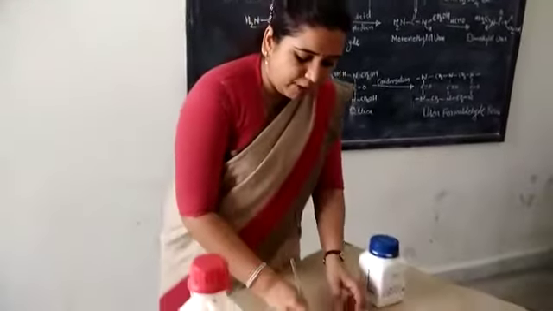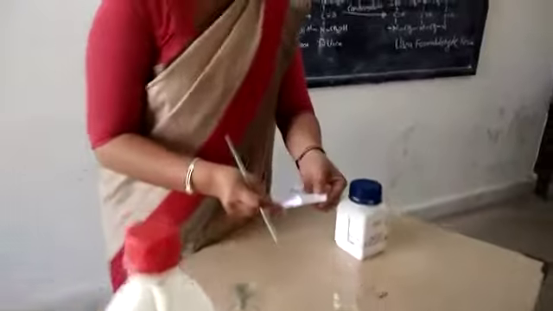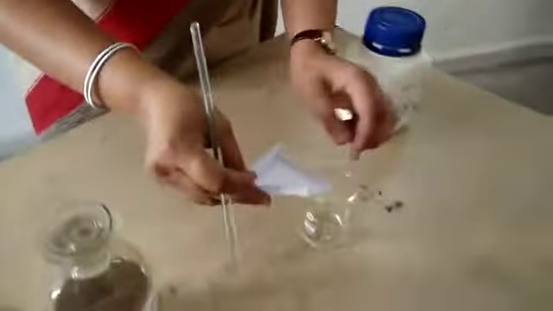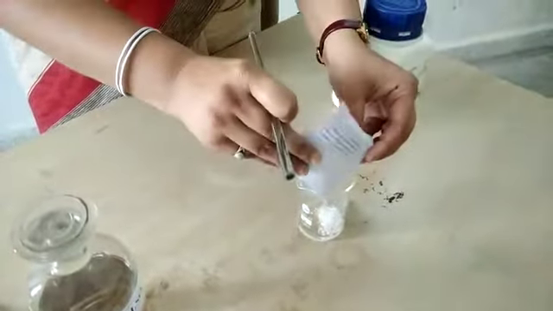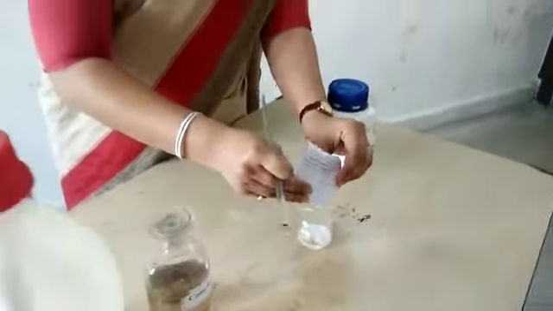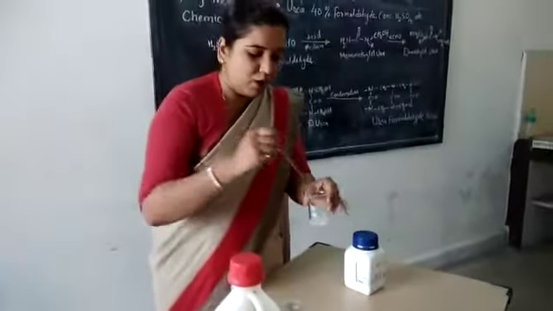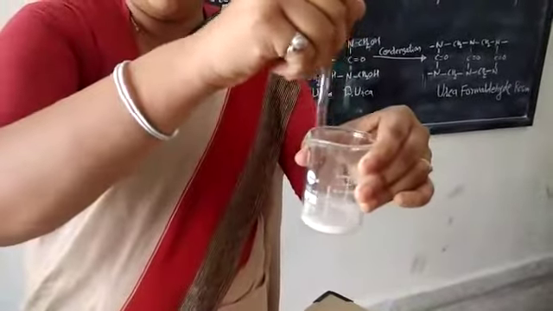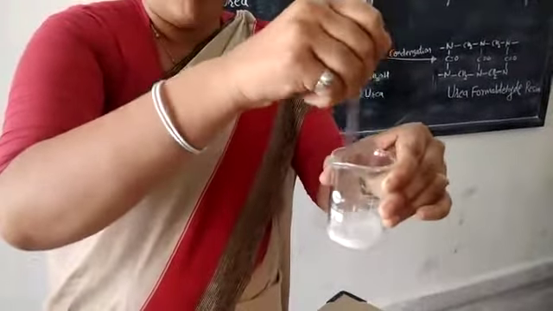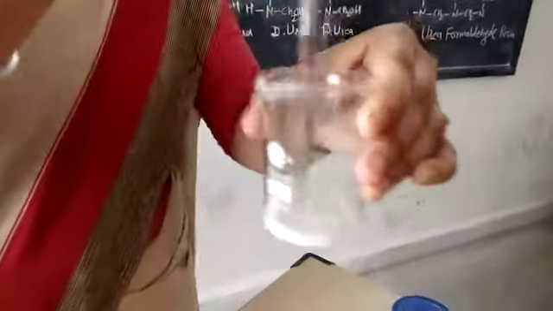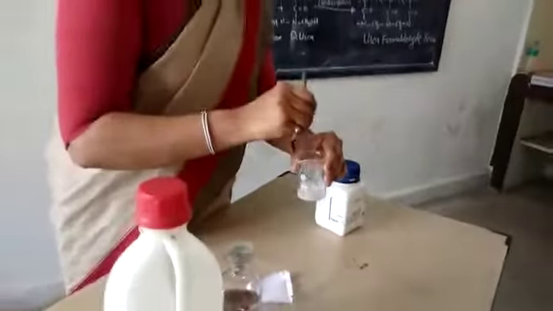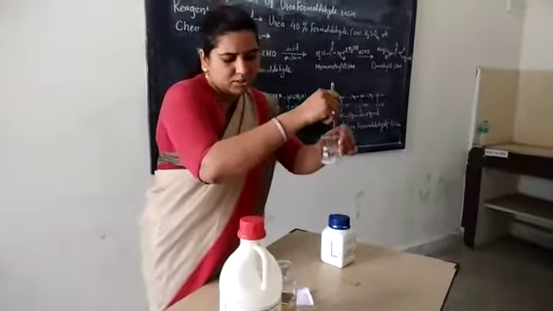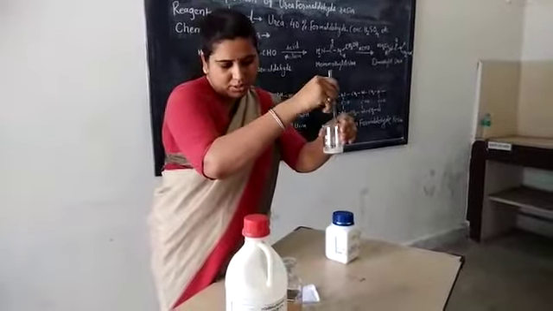So in this 5 ml of formaldehyde I am going to add this urea. It is 2.5 gram of urea, which I just weighed on the balance. So I am going to add it into the formaldehyde. Now by using this rod I am continuously stirring it. Stir it well so that the total urea dissolves into the formaldehyde. Here some particulates of urea can be seen which are not dissolved, so till it dissolves, we will stir it well.